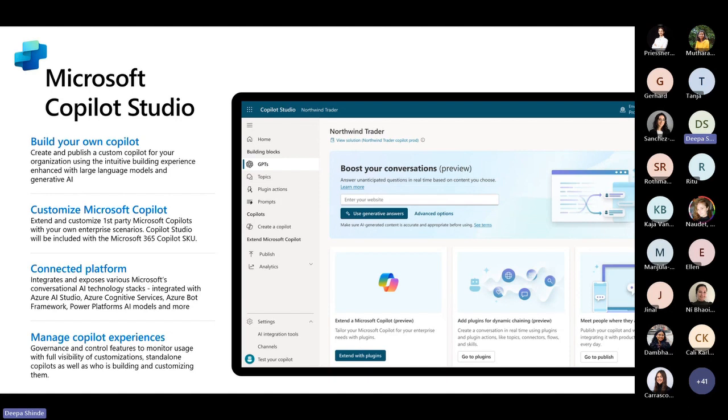So we'll see one example that doesn't really integrate with Copilot Studio, but it will give you a context of how you build Copilots with Copilot Studio. But then you can extend your Copilot by integrating with these ecosystems. For example, like I said, Azure Cognitive Services, and for those of you who are aware of Power Platform, it's quite powerful, 1,000 connectors to third-party systems already. And you can connect to these third-party systems quite easily from Copilot Studio using these connectors. But you can also bring in your APIs. If you have your custom API, then you can bring that in using something called a custom connector.